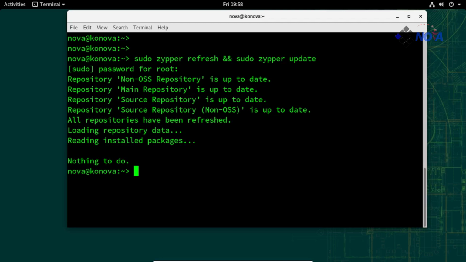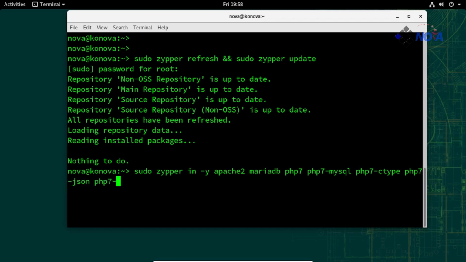First thing we need to do is type in your terminal sudo zypper install -y apache2 mariadb php7 php7-mysql php7-ctype php7-json php7-xml php7-mbstring php7-zip php7-gd php7-curl